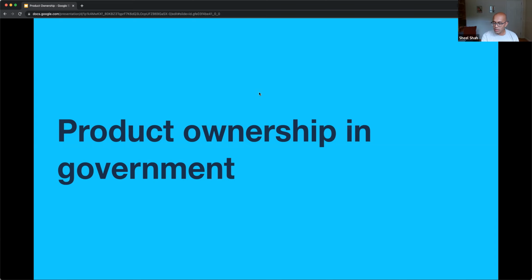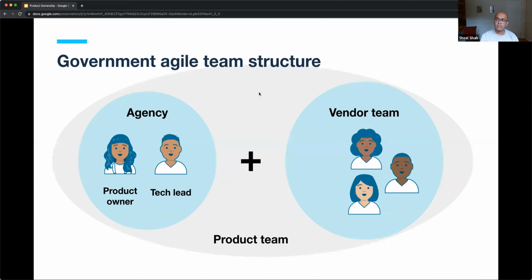I've talked a lot about product ownership more generally. I wanted to get a little bit more concrete about product ownership in government. So here's how 18F thinks about a product team. There's a vendor team that may have engineers, designers, user researchers, content experts, data scientists, etc., doing the execution work. But we think of two roles at the agency that are really important. One is the product owner role, and then the tech lead role, which